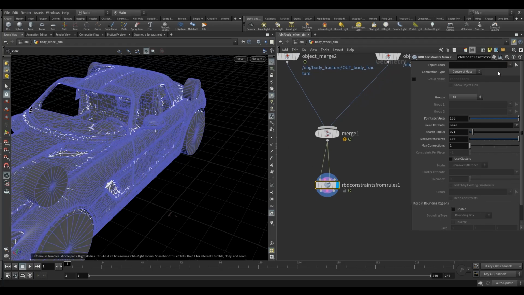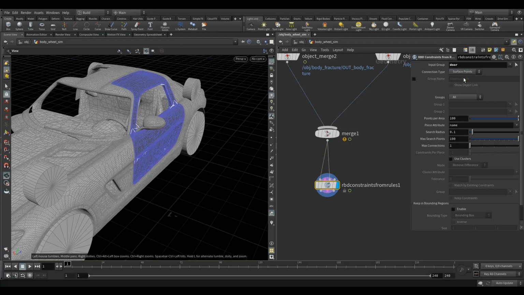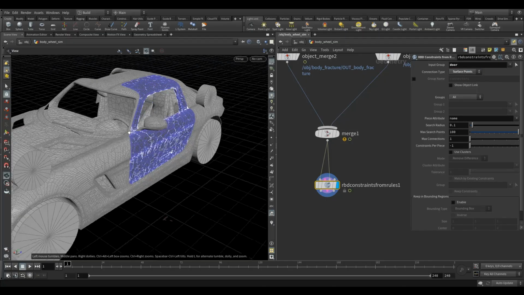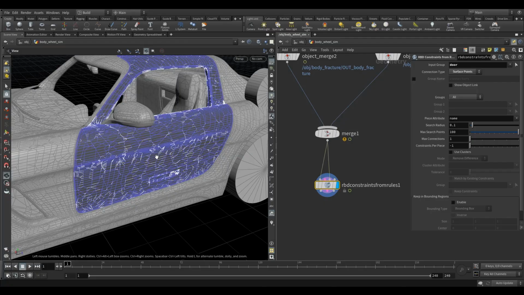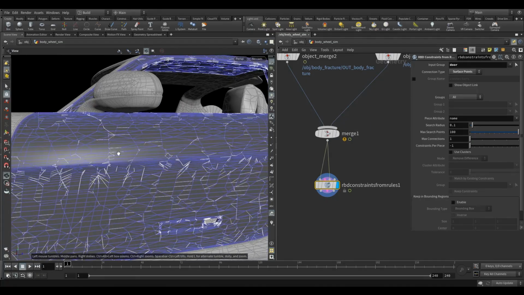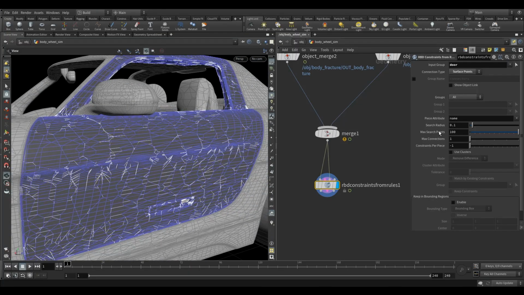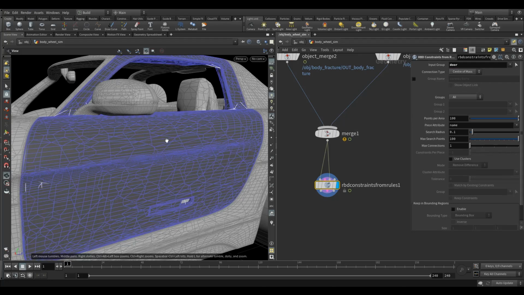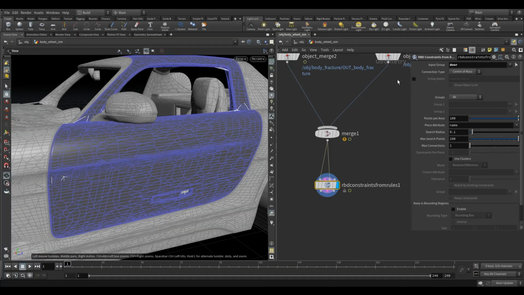So we'll work on the door first. Let's do surface points. It's typically better to use surface points when you're trying to do metal or fabric or something that's going to bend and flex. But as per usual, don't take that as the only option. It's good to play around. Sometimes if you want some really gnarly bent and crumbled up metal, you could try center of mass, and that allows the pieces to move a bit more, and you get loads of crazy crinkly pieces. But typically, especially big chunks of metal like this are not going to behave like that. So I'm going to set this to surface points,